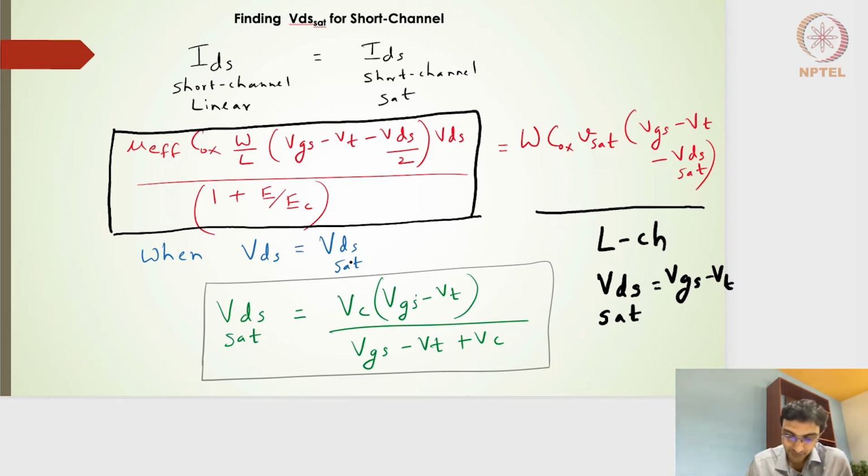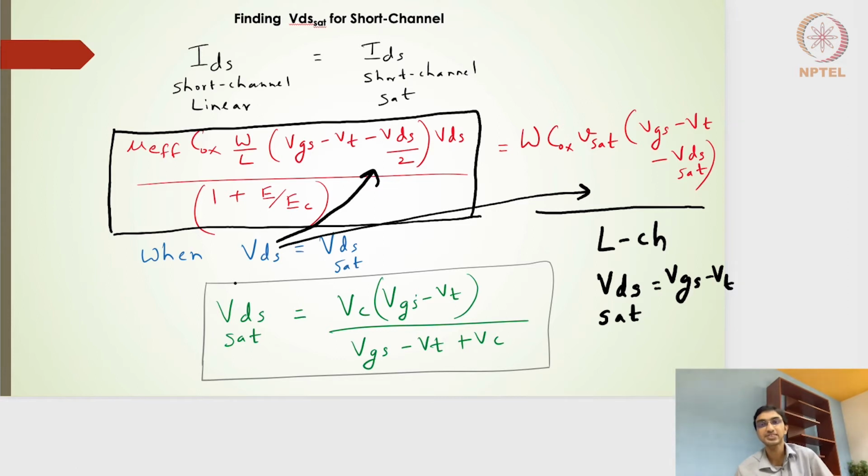So if I put VDS as VDS saturation in both expressions, we will arrive at the expression of VDS sat, which in the last lecture I had said is